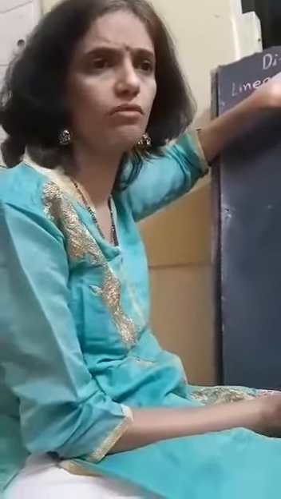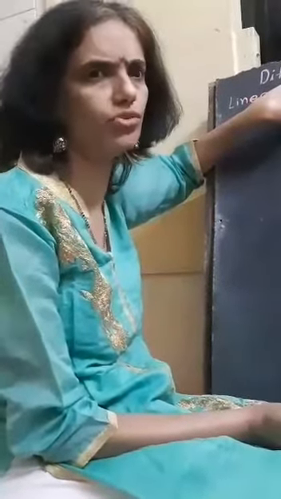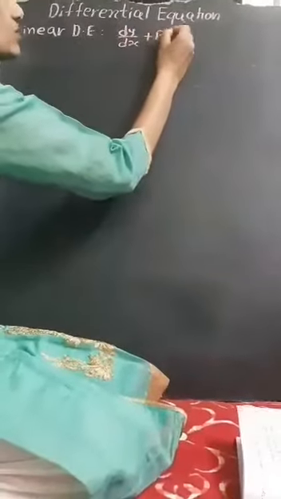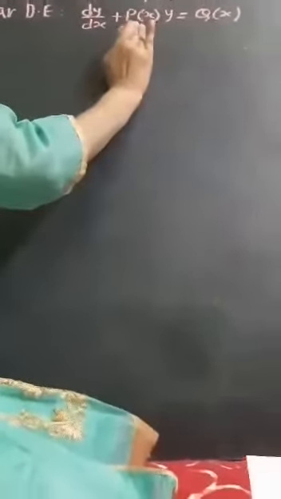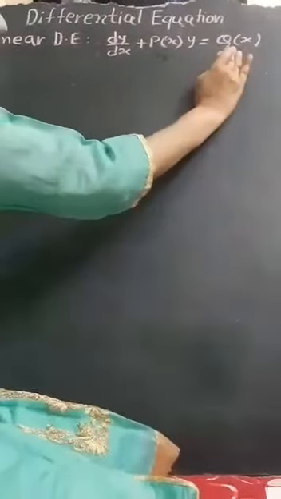Which equations are we solving? Order 1 and degree 1 differential equations. So only dy by dx operator will be there. Okay. So what is the general linear differential equation? dy by dx plus pxy equal to qx. So if you see single y, you have to understand it is a linear differential equation, and then you have to bring it to this form. You have to recognize what is px and what is qx.